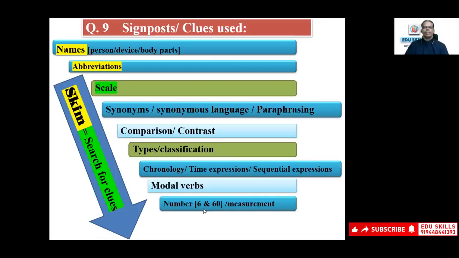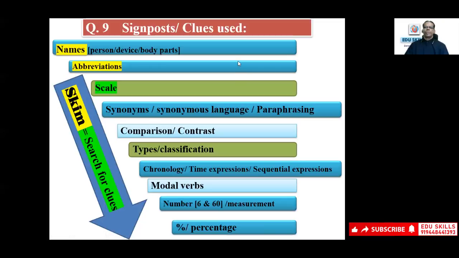If it is a single digit number, it will be spelled out, like 6 will be SIX. Usually they don't present it as a number. Sometimes they might, but you can also look for the spelled out number. From 1 to 9, it will be spelled out, so you may not immediately find it as a number. And the 2 digits will be definite numbers. So number or measurement and also percentage.